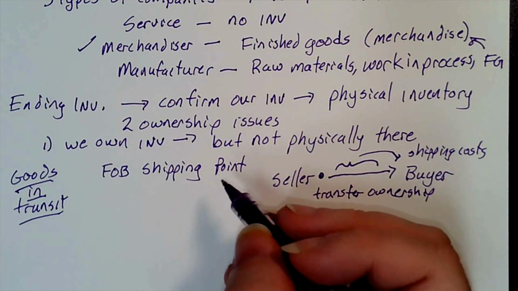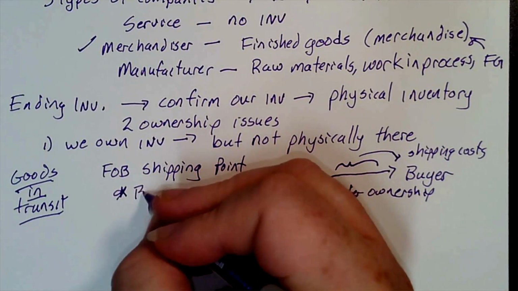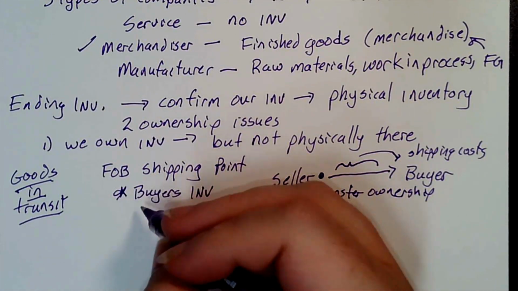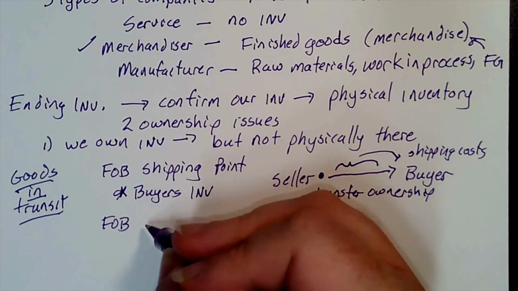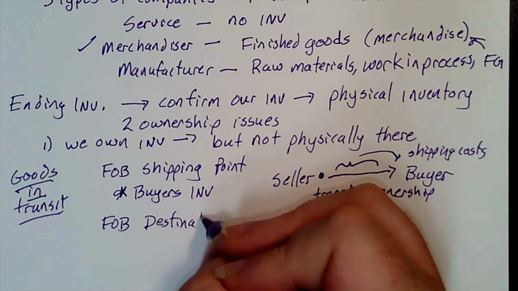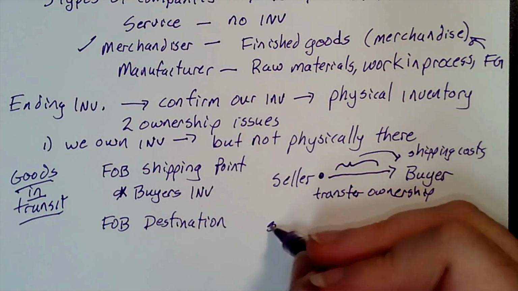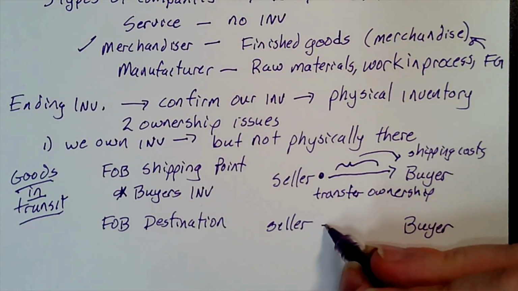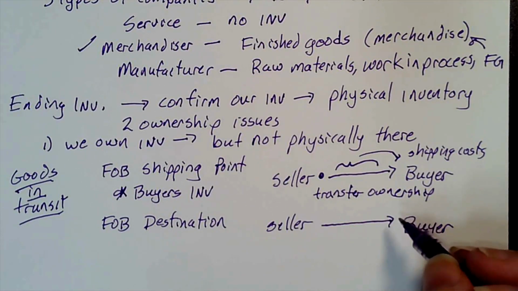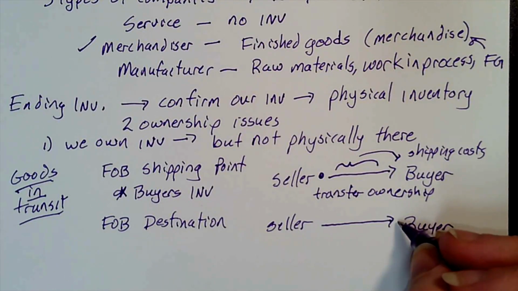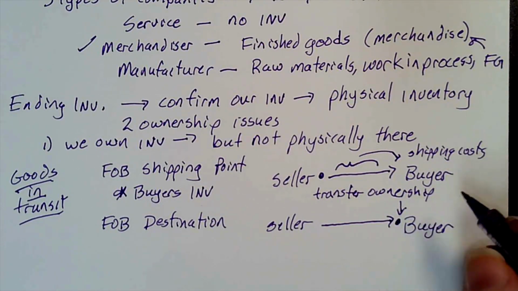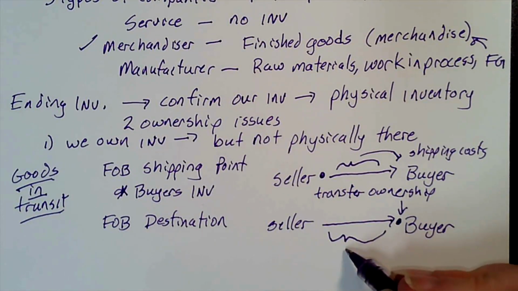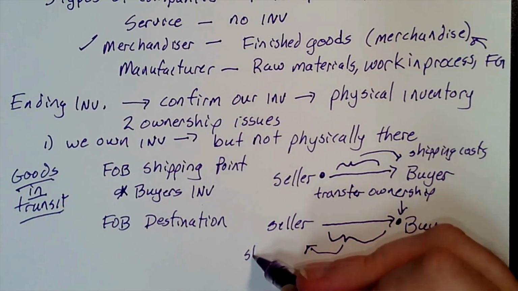So FOB shipping point, we need to be careful. This means it's the buyer's inventory, even if it's not there. And similarly, we can use that same logic for FOB destination. So again, we have a seller and a buyer, and it's still on the boat or in the truck, but the transfer of ownership doesn't happen with FOB until FOB destination. So previously we learned that in this case, the seller is paying for the shipping cost,